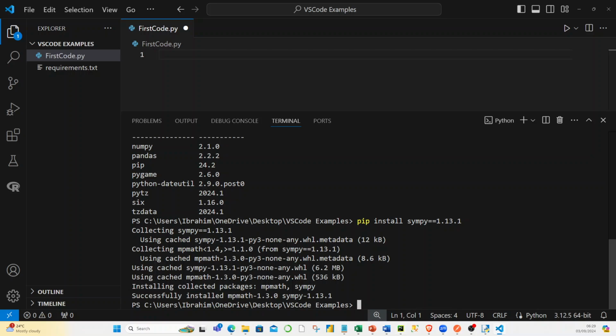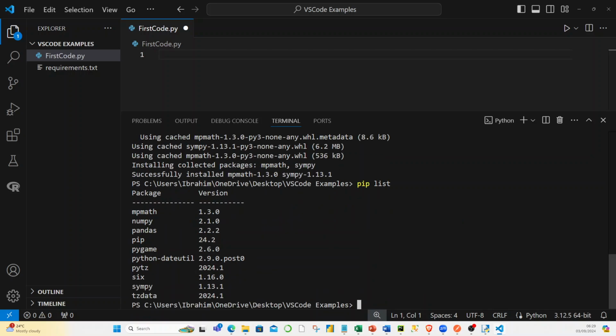So we can see the version number here that it has installed simpy version 1.13.1, and if I do pip list, it will show me that as part of the packages that I have installed locally. I didn't have that before, but now that I am interested in upgrading that